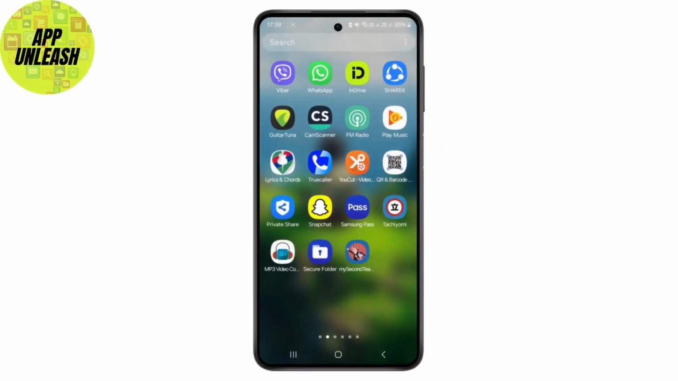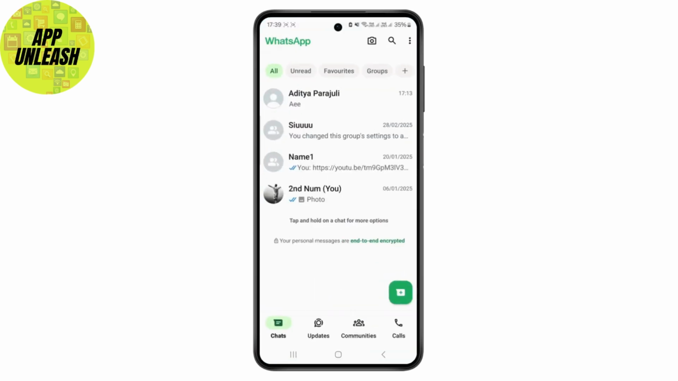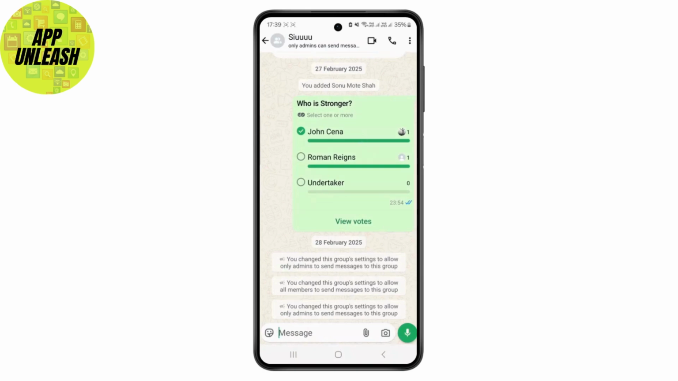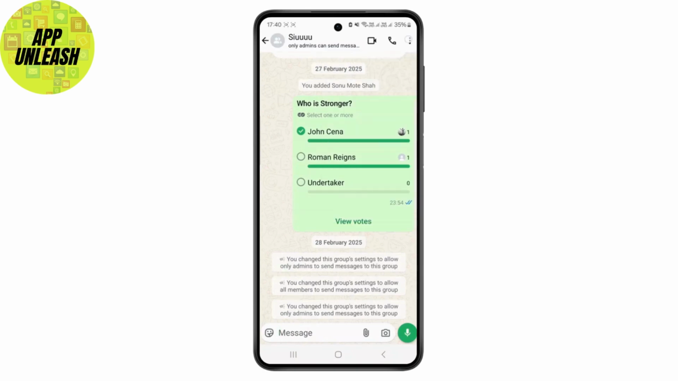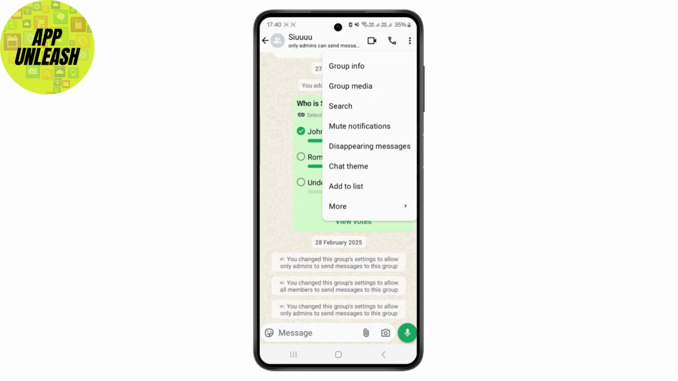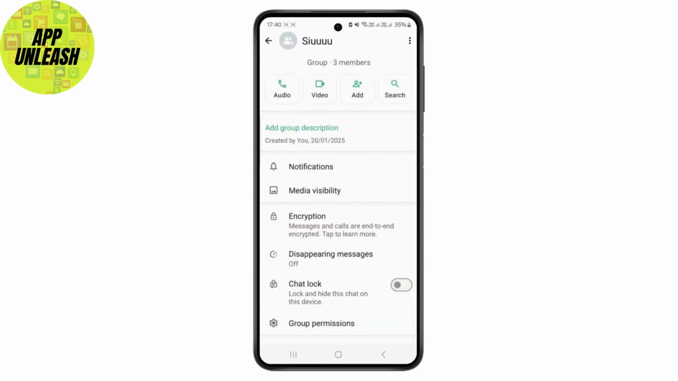In this video I'll be discussing whether we can find out who removed us from the admin in WhatsApp or not. So first things, just head over to your WhatsApp application and make sure you are logged into your account and select any of the groups. Once you're inside here, as you can see in this group chat, I am the admin. So if I were not the admin and just a regular member of the group, then also I would be